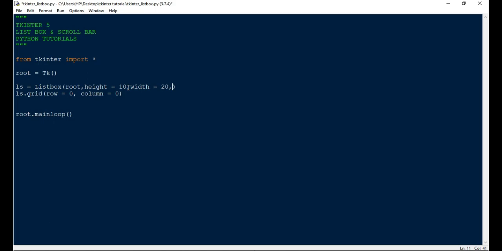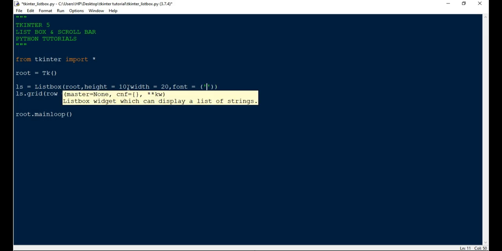We can also specify the font type, like how we want the font to look inside the list box. Same as how we did it in the button and entry field, the same parameters will be there in the font. So font equals, inside a tuple, the first one is going to be the font style, like normal, Arial, etc. The next parameter is going to be the font size, like 20 and so on. And the next one is underline or bold, something like that. So underline,